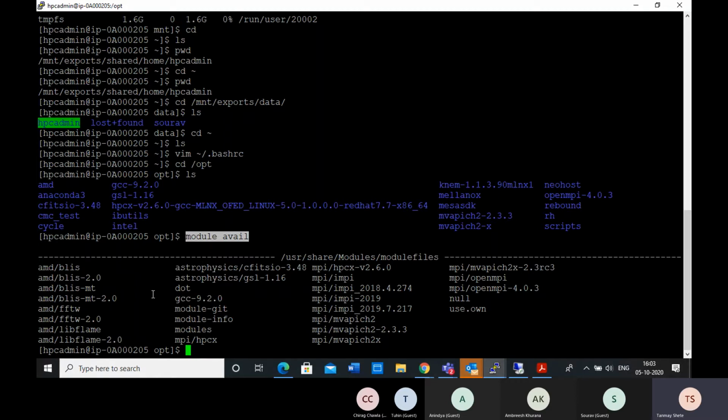Important for you right now might be some of them, not all of them. For example, GCC will be required, MPI, OpenMPI will be required, astrophysics related modules are kept here. CFITSIO, GSL, if required, are kept here.